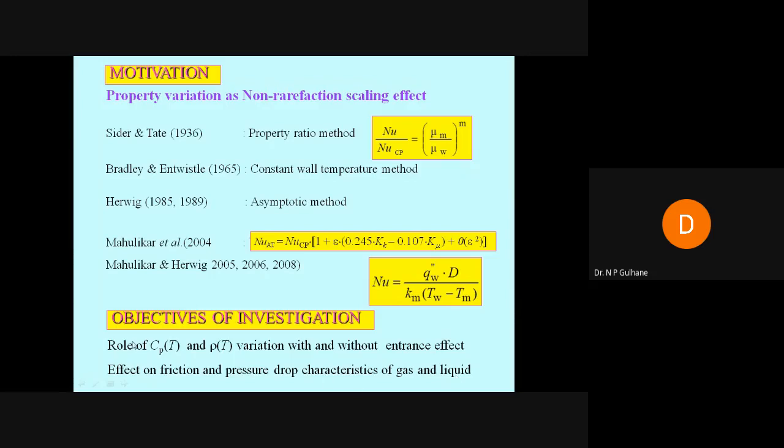and what is the effect on friction and pressure drop of liquid and gas. With this objective, we started this investigation, and we followed CFD, Gambit and Fluent, making the geometry in Gambit, because actual experimentation was very costly. So we tried to find, let us go for numerical simulation, let us check the values, how it affects the Nusselt number, pressure drop, and friction, and see how these micro devices can be designed effectively so that they can be used in an economical way for various applications in radar, defense, and aerospace.